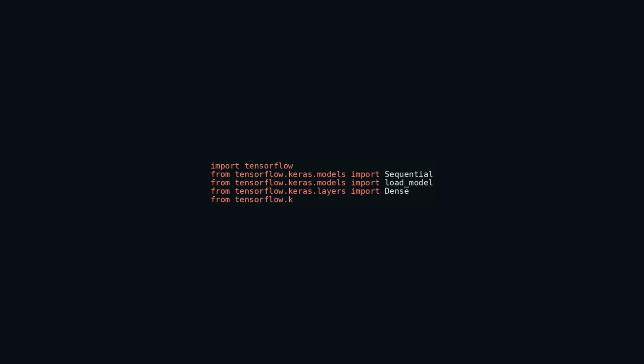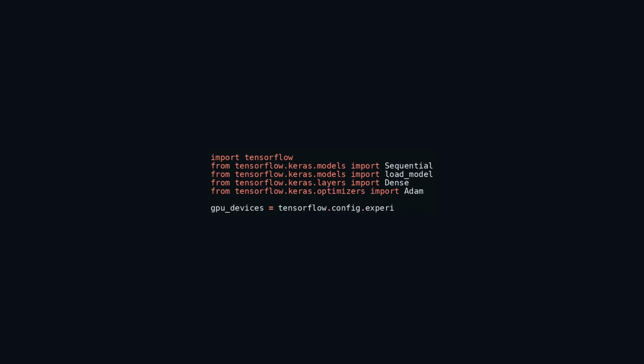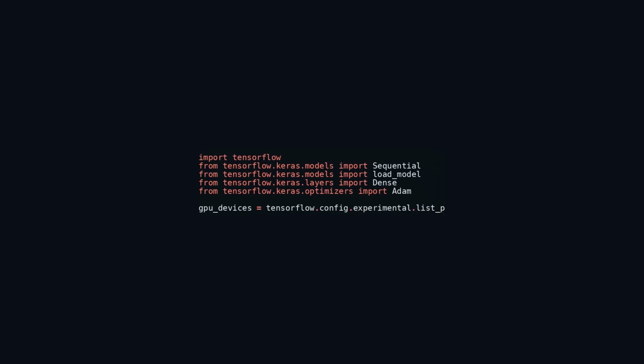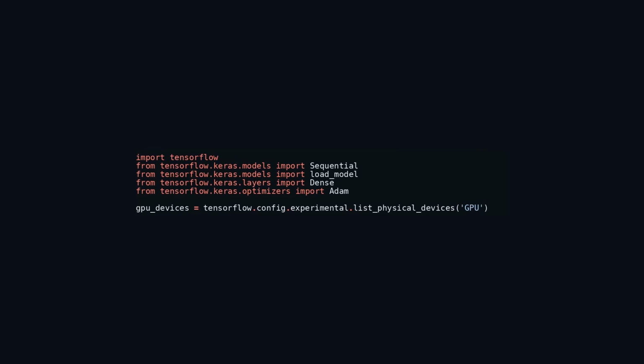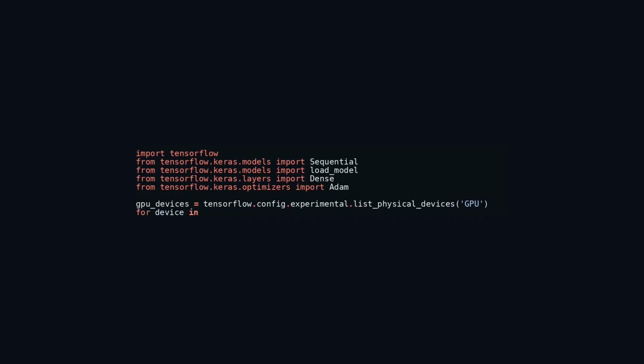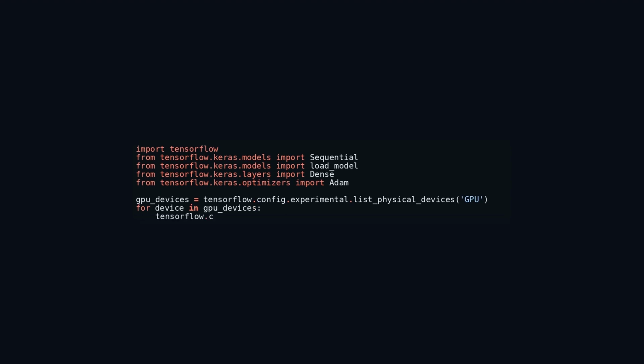Subsequently, it loops through each GPU device, activating memory growth with tensorflow.config.experimental.set_memory_growth(device, True). Activating memory growth with this call is vital for TensorFlow operations on a GPU. This action enables TensorFlow to allocate GPU memory as and when required, rather than attempting to allocate the entire memory at the outset. By doing so, it can help mitigate memory fragmentation and boost the overall efficiency of GPU memory